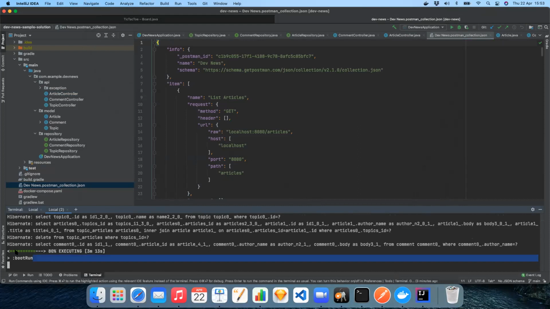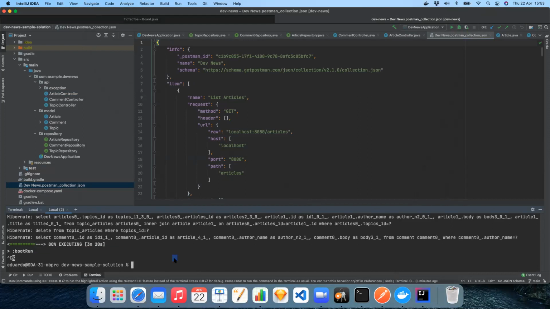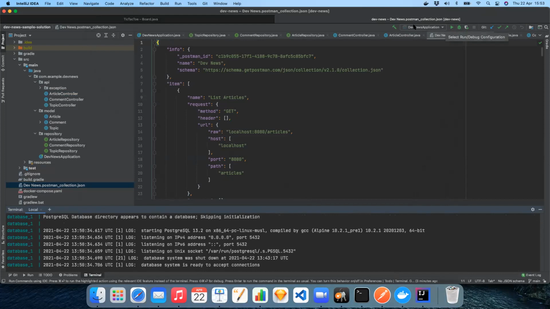But yeah, this was running inside of the terminal, right? We don't want to do that because we want to use the debugger now. So I will turn this off, and we will exit. And we will start the application inside of the